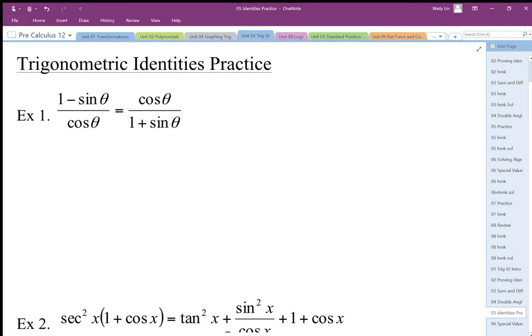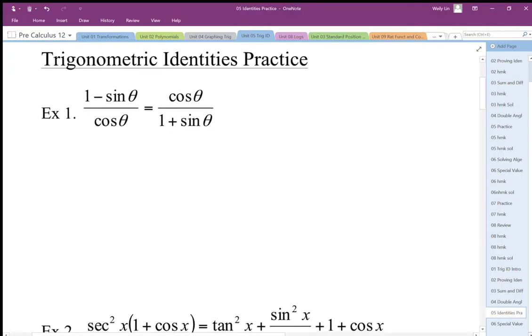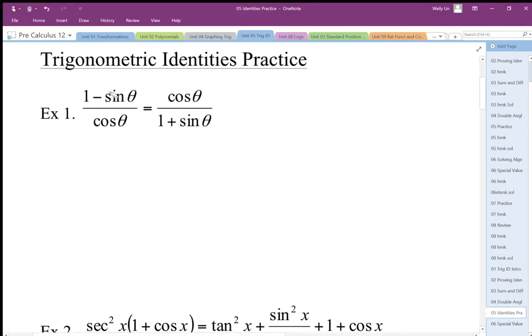Okay, so we're just going to focus on practicing doing identity proofs. So it's important, again, to know your identities and have your formula sheet with you. Make sure that you are starting to develop and making note of some strategies to be able to deal with some of these identities. Okay, so this one here, if I just cross multiply, you should be able to see